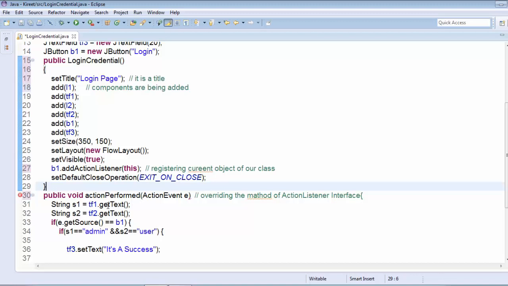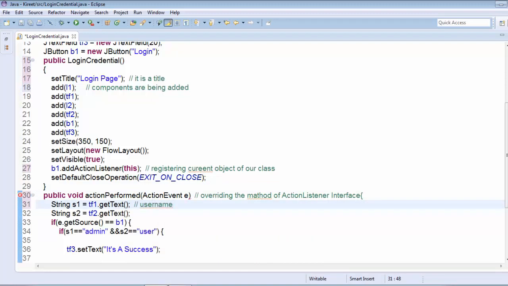We'll store that string, and we'll input it with the help of the get text method, which is a method of the JTextField. This get text will take the input in the form of a string and save it in a variable of type string. So the username will be stored in this string. This is for username.